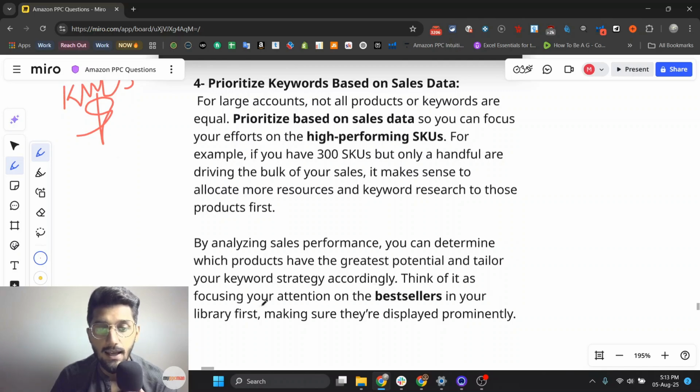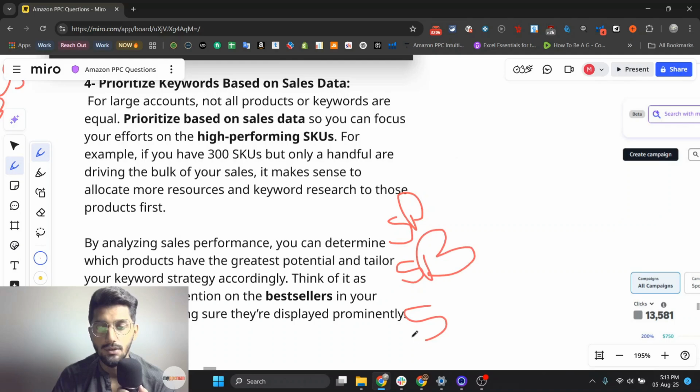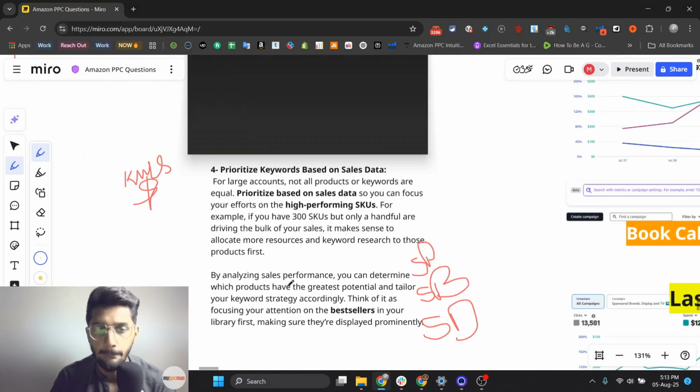Think of it as focusing your attention on the best sellers in your library, making sure they are displayed prominently. You can run sponsored product ads, you can run sponsored brand ads on that, and you can even do sponsored display to push your bestsellers more and more as well.